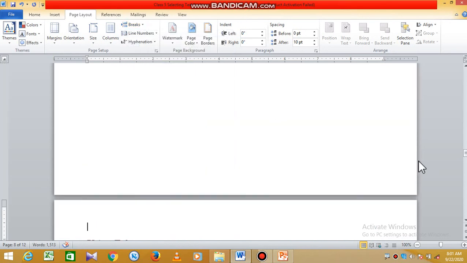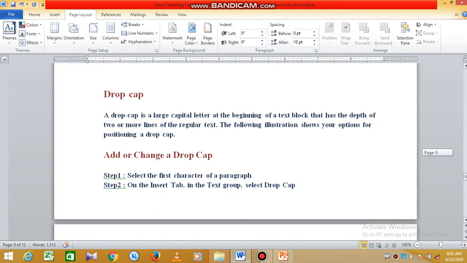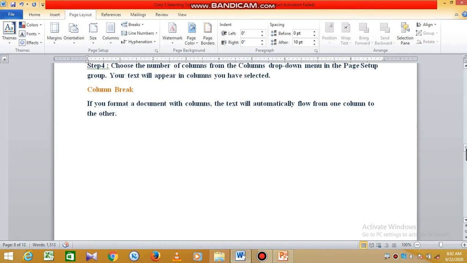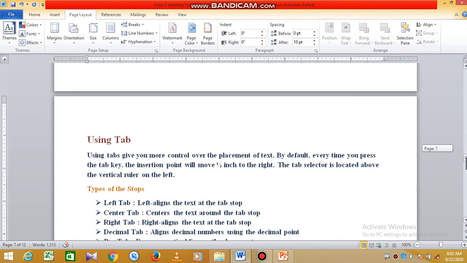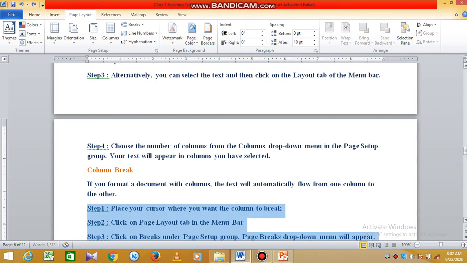You can see this is column break. Your work is divided from here, and shifted to another page. So in this way you can insert the column break.